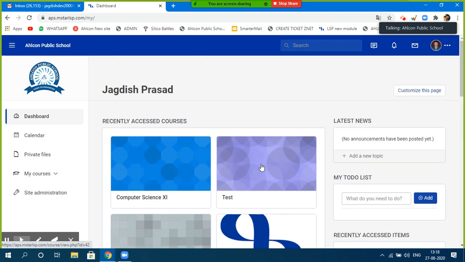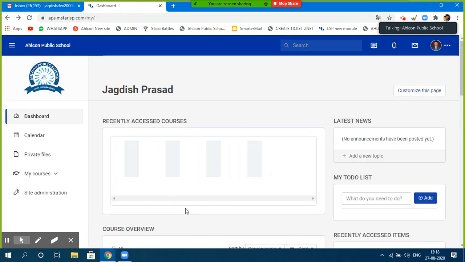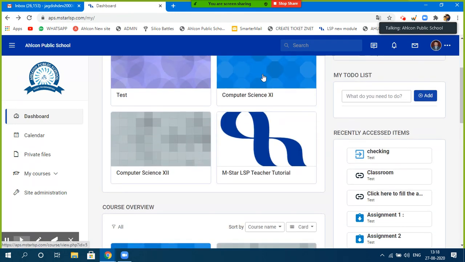So here, for the testing purpose, I have created this particular thing. So test, I click on test. I'll show you one by one, right? As soon as you click on your class, let's say I have this class 11th or 12th.